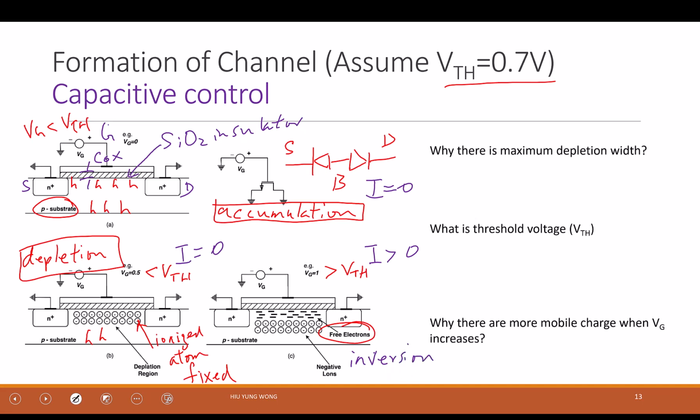And now, this is called inversion, right? Why is it called inversion? Because the body was p-type. Now it becomes n-type. That's why it's inverted. So you don't need to know this detail, but I hope you have the idea,